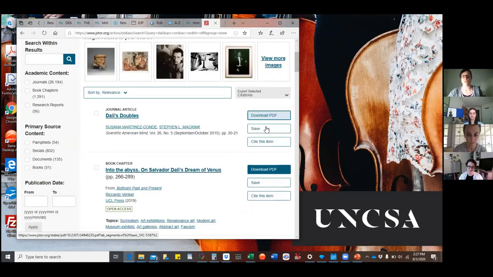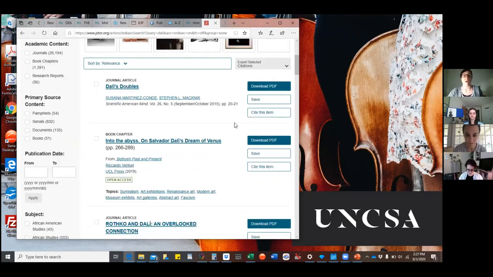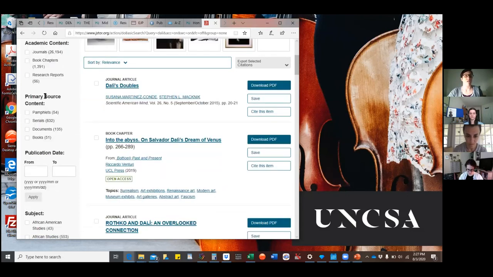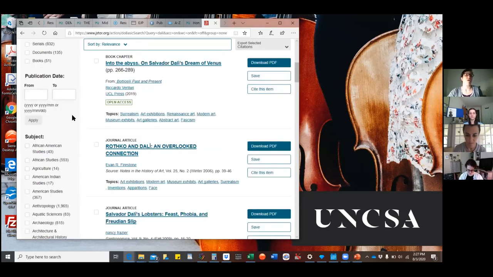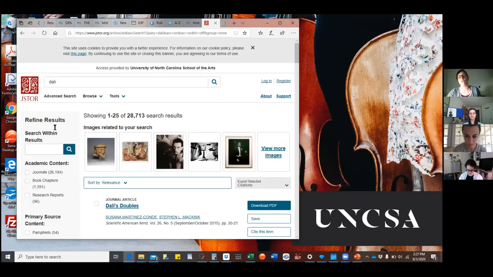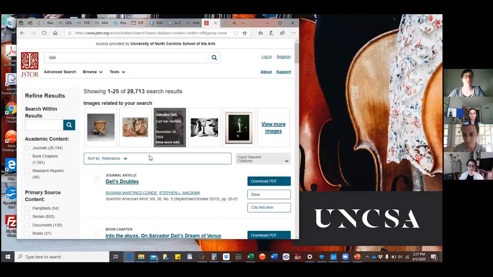You can download, you can save it, you can cite, you can search more, you can refine your search. You can look by publication date and subject, all kinds of different things which will help you figure out exactly what it is that you are looking for. And all of that is really helpful,